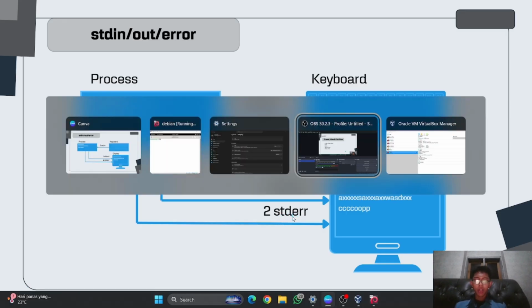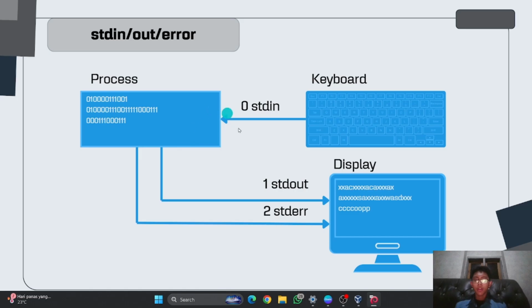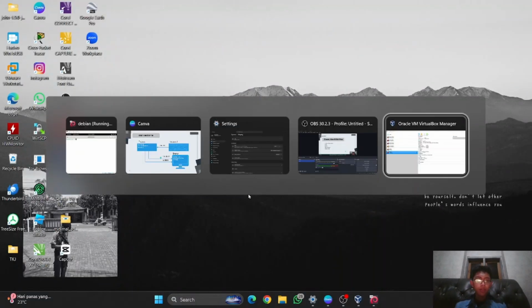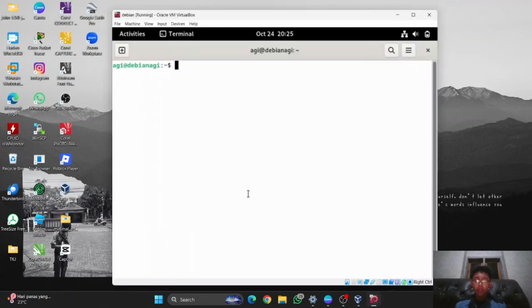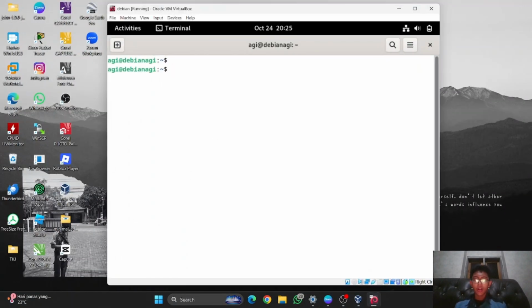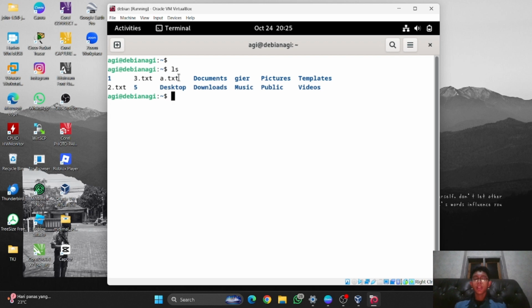So in here I will open my Debian. If I type ls, it is the standard in, which is I input some command, and this one, 1.txt, 2.txt, 3.txt, and so on, it is the standard out.